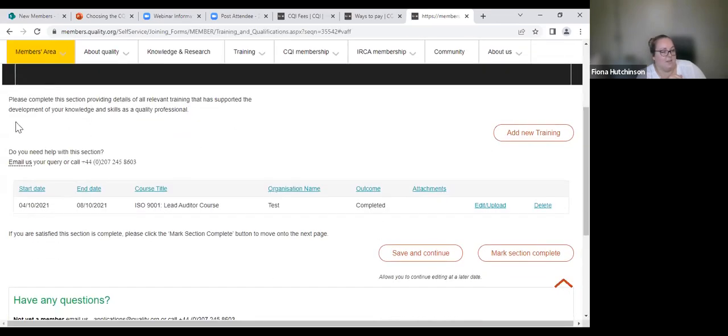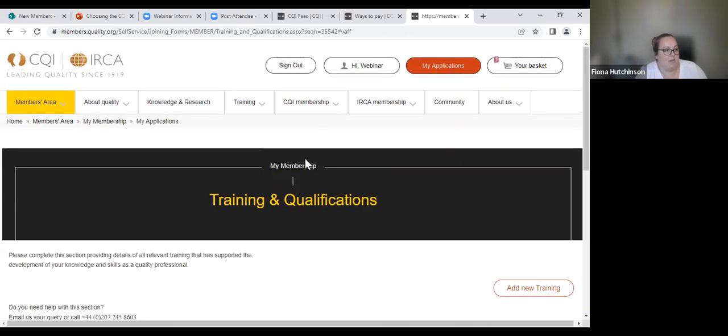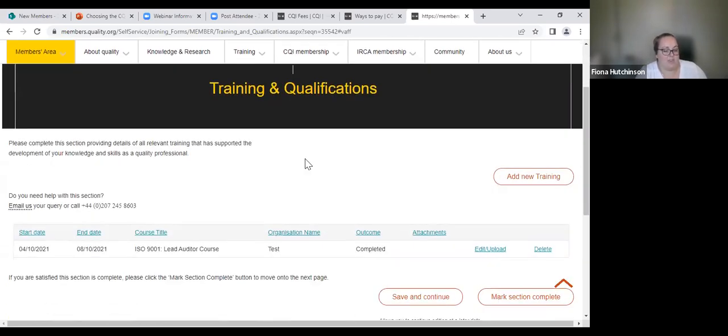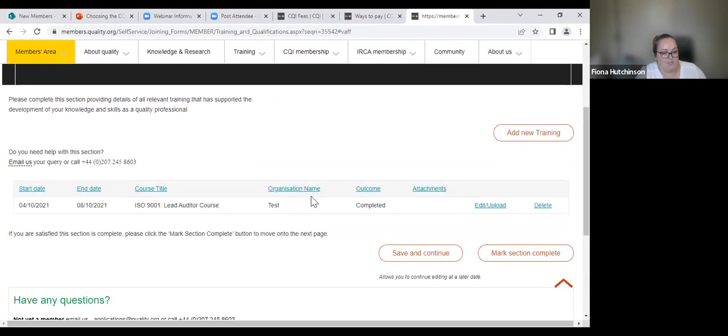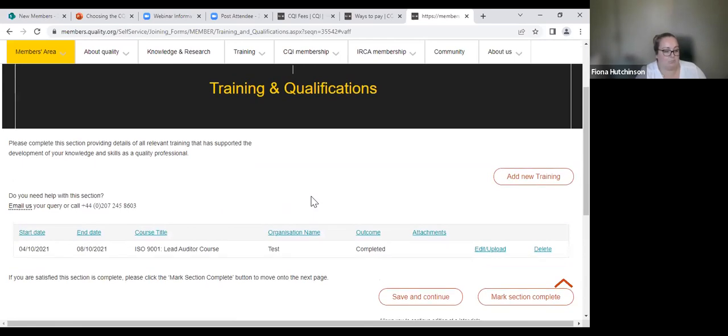So the page before this one gives you information about how to access your application, which I've just shown you, and the fees. We can discuss the fees in more detail if anyone has any questions about them. So for the chartered member and practitioner grades, the first section we have is the training and qualifications section.